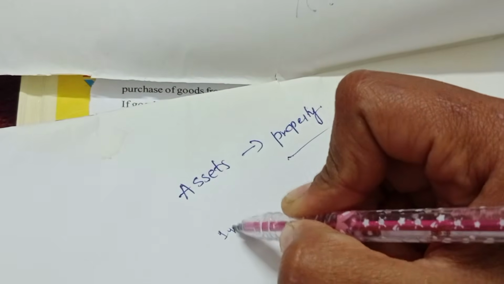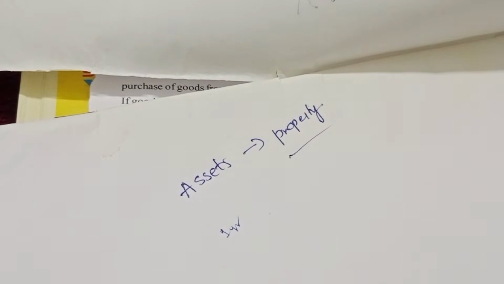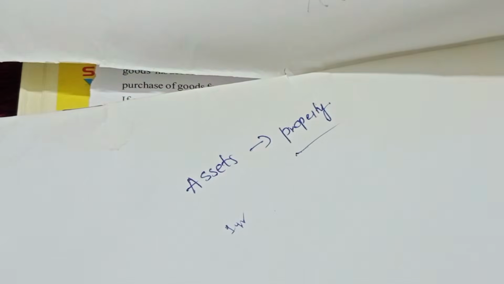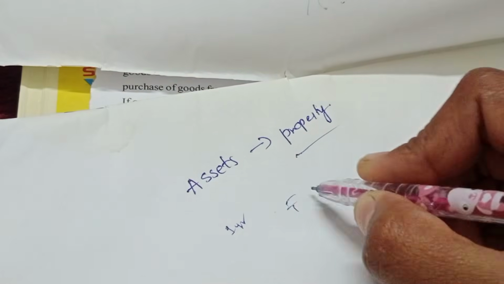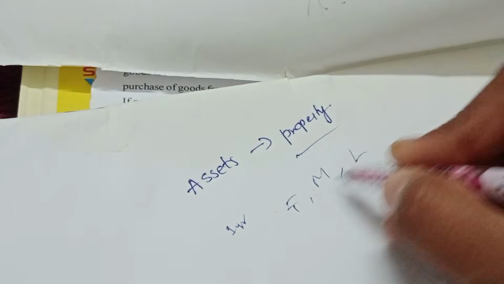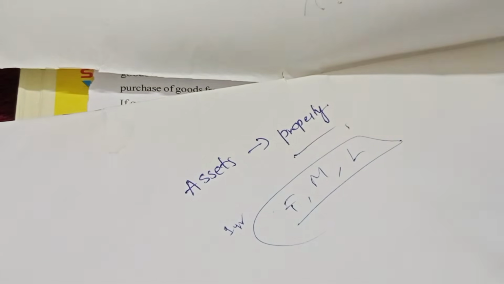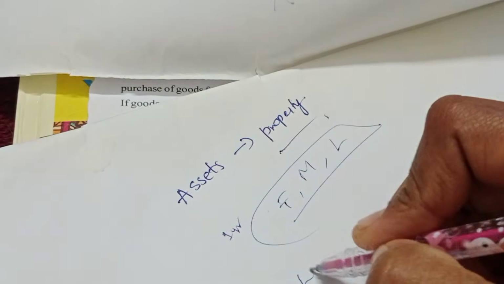So now we have set up an organization, a company. After setting it up, we ran the company for 1 year. After getting huge losses, we have closed that company. After closing that company, furniture, machinery, land, these are all assets only, no? These are all property for us. So these are the assets.